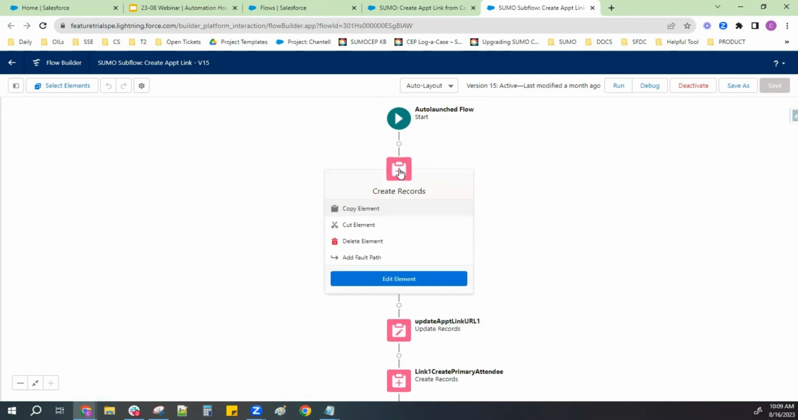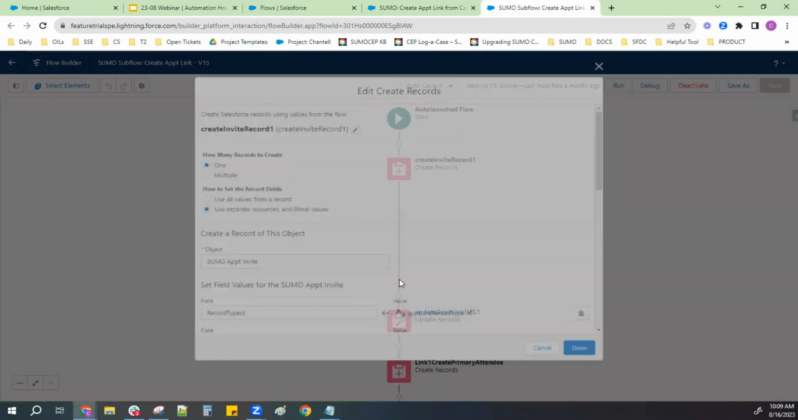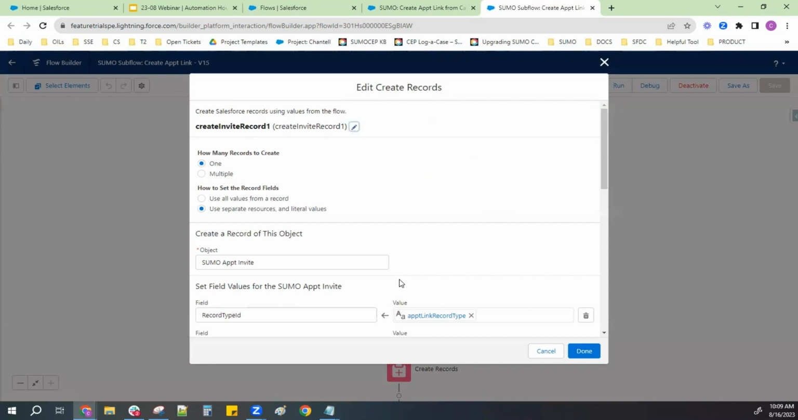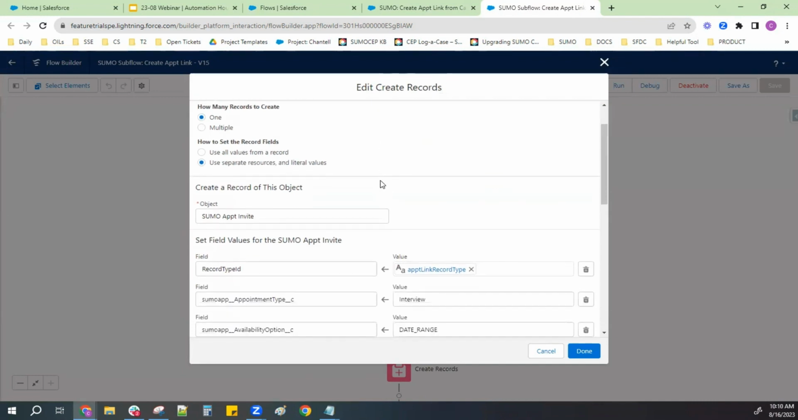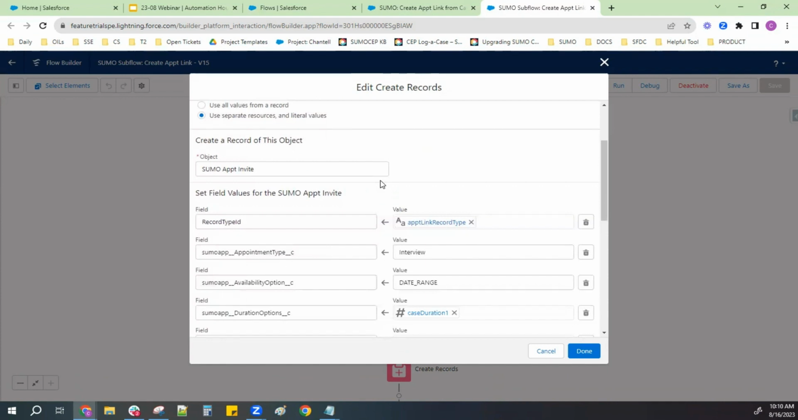And then I've created some elements inside the flow to create certain things. So let's take a look at the first one. So the first one is being used to create a record. And we're using separate resources and values. Now I created some